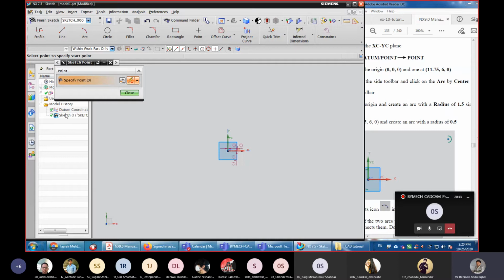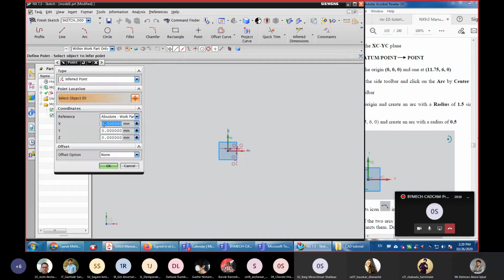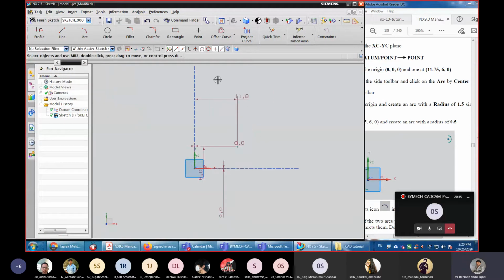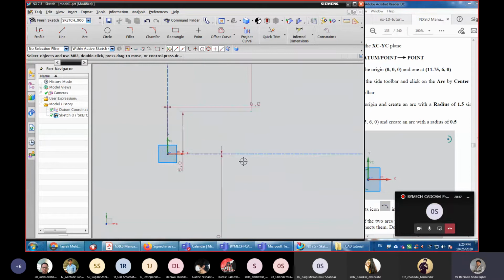A point has been created here. Next, the coordinates are 11.75, 6. Okay. So 2 points are created.